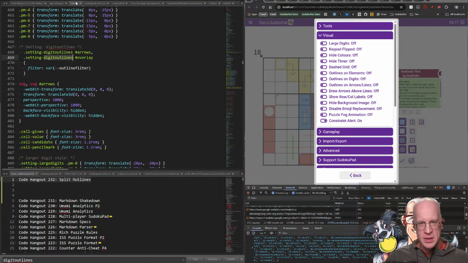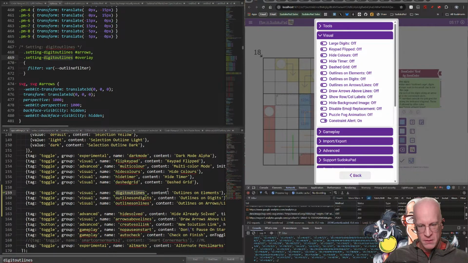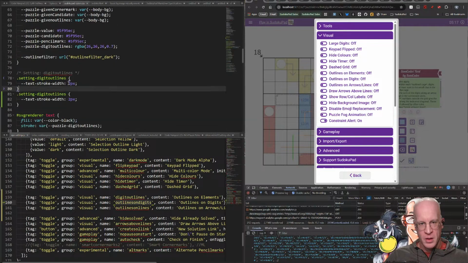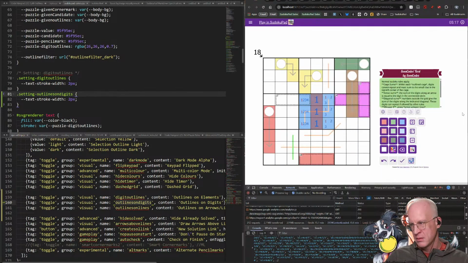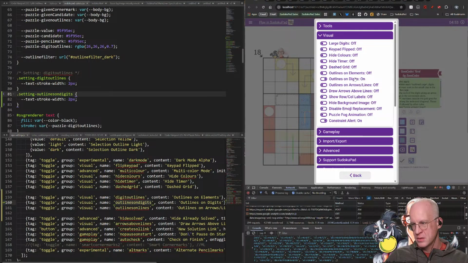So instead of setting digit outlines, this is on, and let's move this down here for a sec. So now this is outlines on digits. Oh, I can't select. Double clicking here seems to include the dash. We'll do that. So if I refresh this now, and then say outlines on digits,